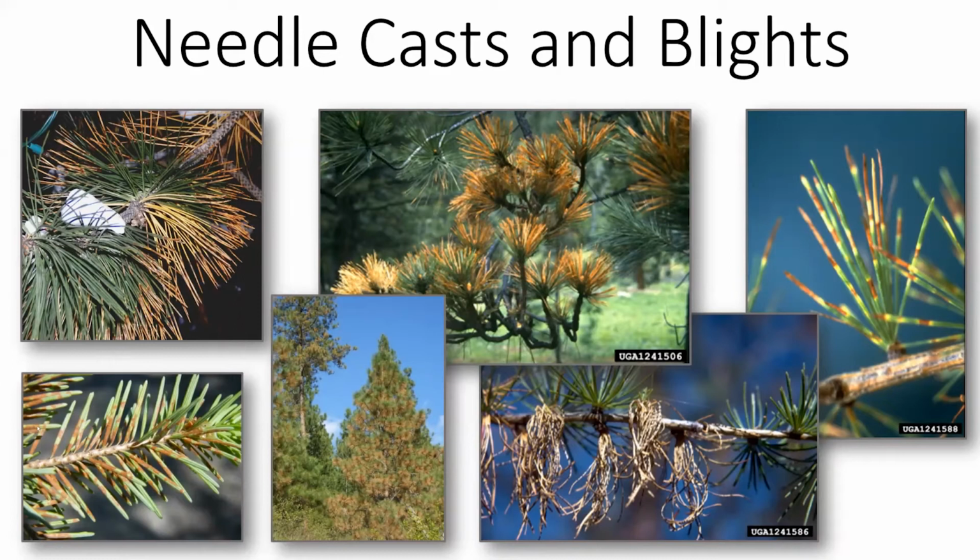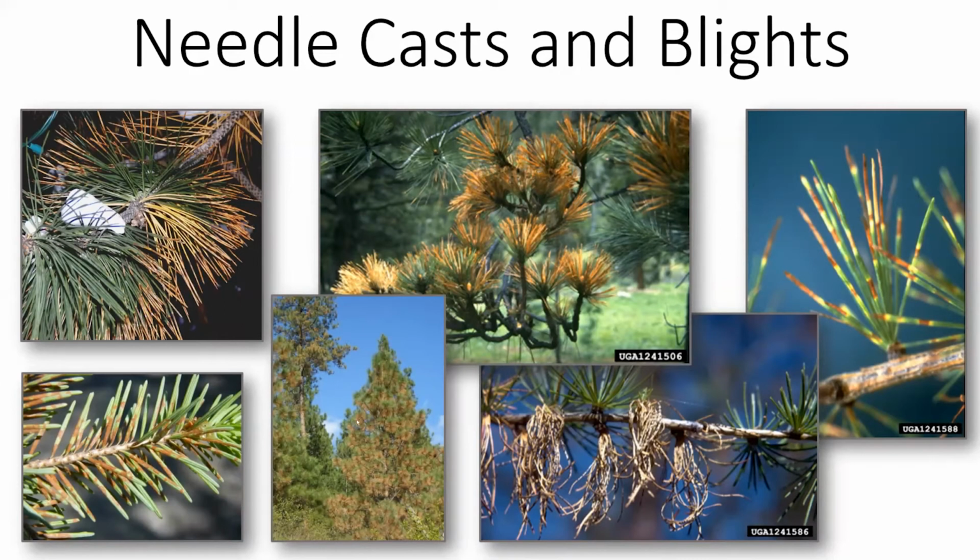This is Rhabdocline needle cast in the bottom left, very common in Douglas fir. We often see pine needle cast. And this needle cast typically affects the older needles. And if you see something like this occurring in your ponderosa pine or lodgepole pine, I wouldn't worry about it very much because it is the older needles. And these will defoliate and it will look kind of sparse after the fact. But generally, if it's occurring like 1 or 2 years in a row, it's not that big of a deal